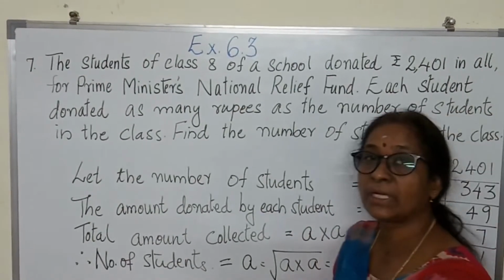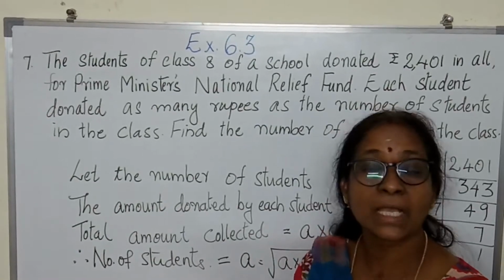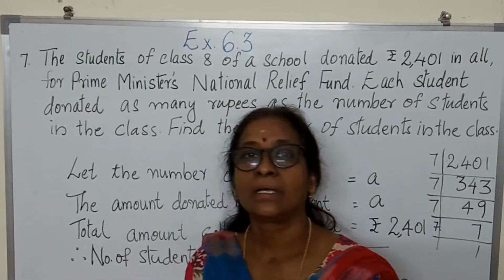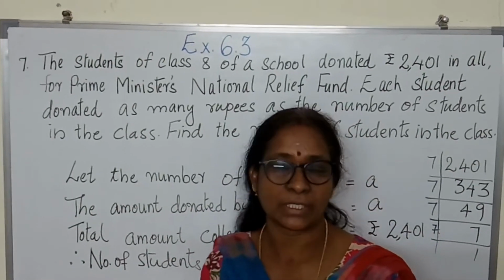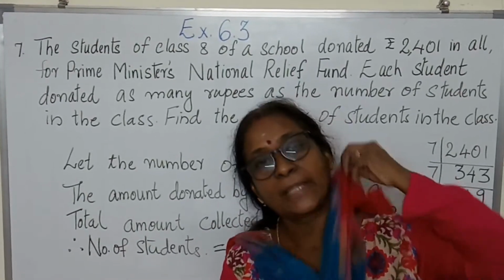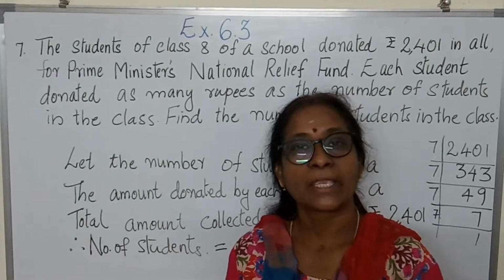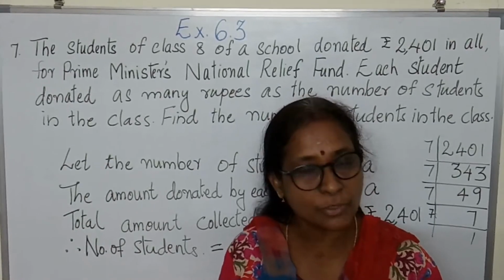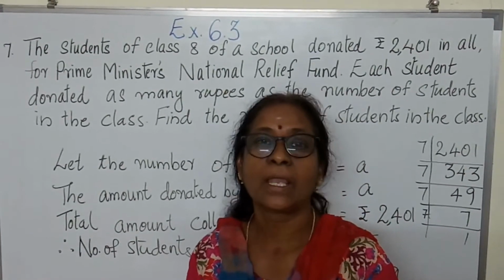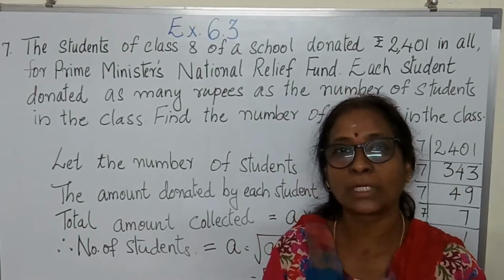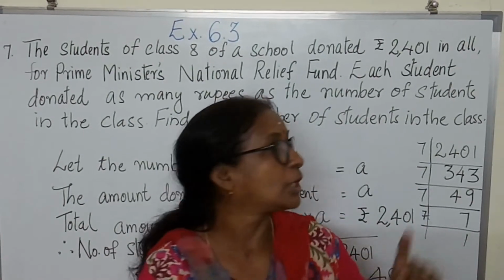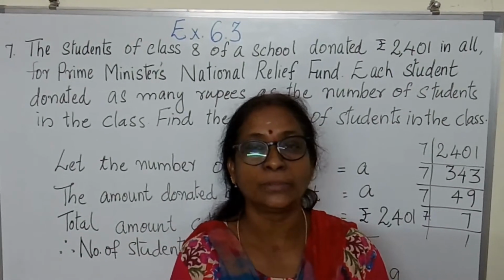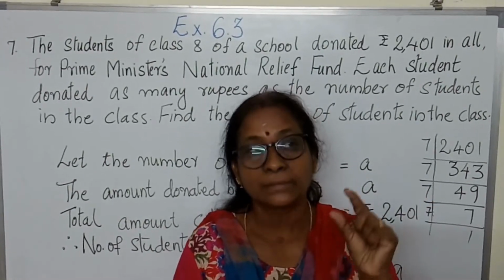Okay, what is given in the question? In a class 8 of a school, maybe an English medium school. Okay, if we have 8 students or 10 students in the class, then each child donated 10 rupees. If there are 20 children, each child donated 20 rupees. Like that, we don't know how many students are there or how many rupees they donated. But we know one thing, overall, the whole class together collected 2401 rupees. Okay, but one condition we know: how many students are there in the class, that many rupees is